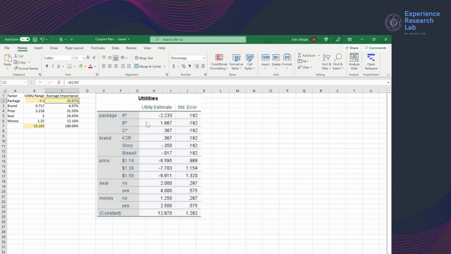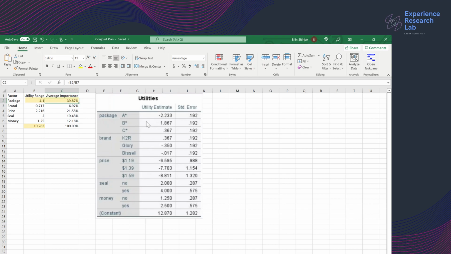Again, taking the package as an example, the average importance is 4.1 divided by 4.1 plus 0.717 plus 2.216 plus 2 plus 1.25, which equals 39.87%. That is to say that of all factors considered for the carpet cleaner, the package is the most important,